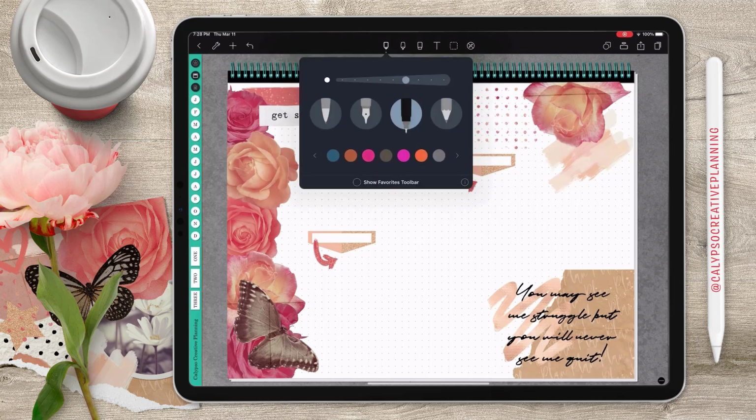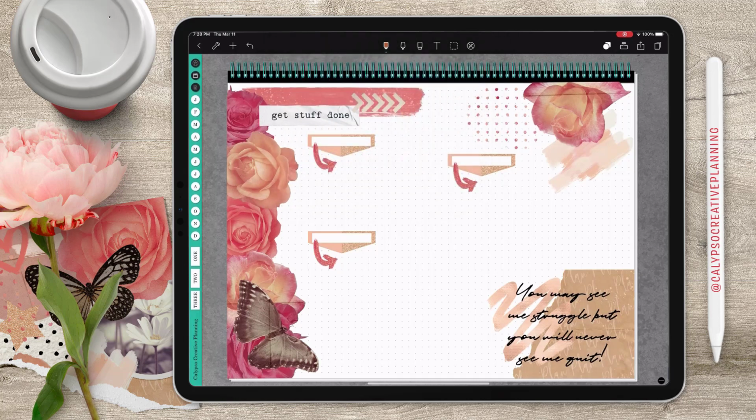But I'm going to use the pen tool in GoodNotes. And I already had, NoteShelf. We're in NoteShelf now. I already had this color set up, and I think it works great for this set. And I have to turn on the shape tool in here because I cannot draw a straight line, even though I have the dot grid to help me out. But I'm just tracing along the dots to get these little borders, and then I'm going to tell the little